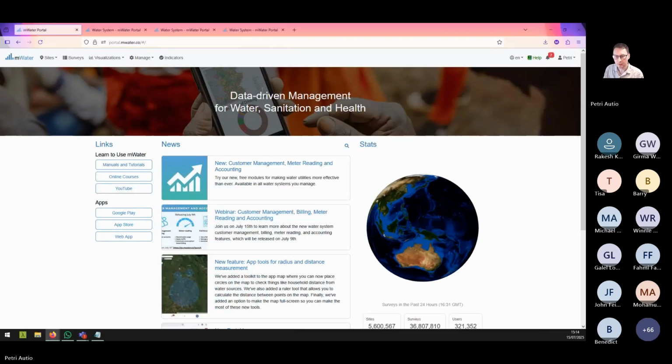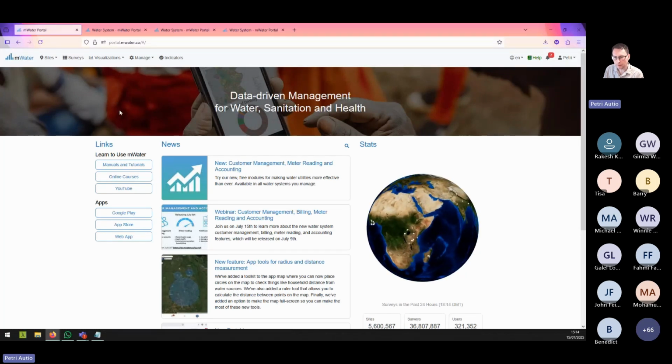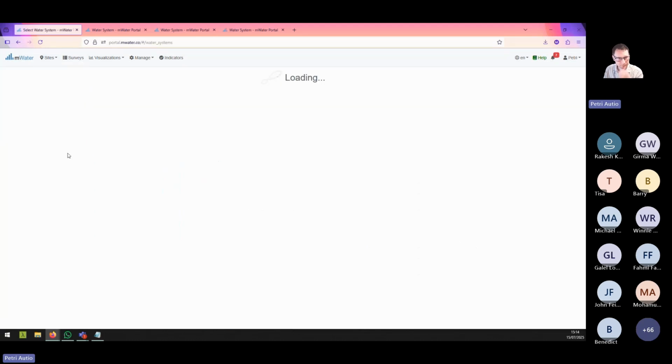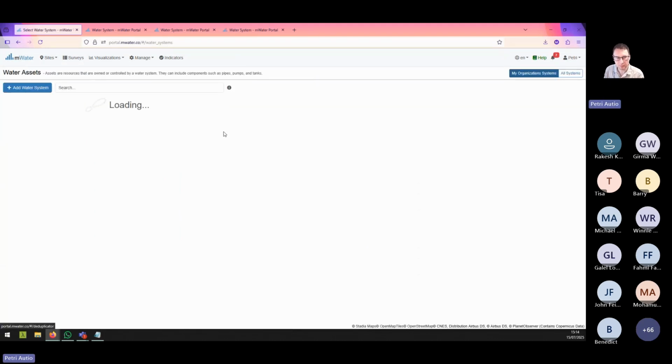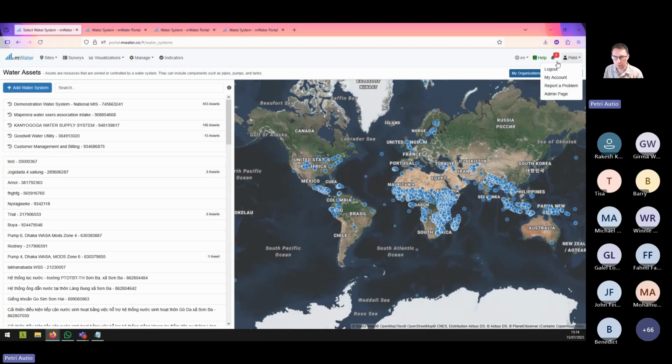version here. So now I'm on the mWater portal. So where do I find all this water asset and water system functionality? In the portal, it's here under water assets. Under sites, water assets at the moment. This gives me a view of water systems globally. There might be many more that have been set to be private and not visible to my user account, Petri,